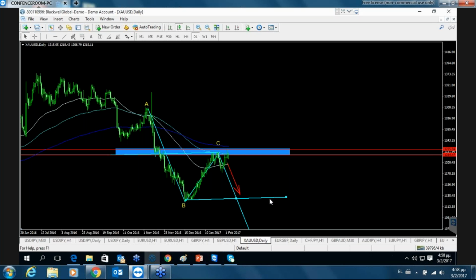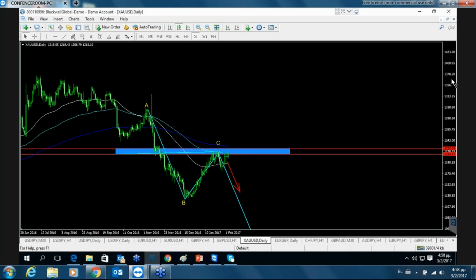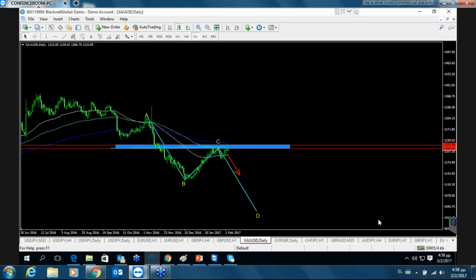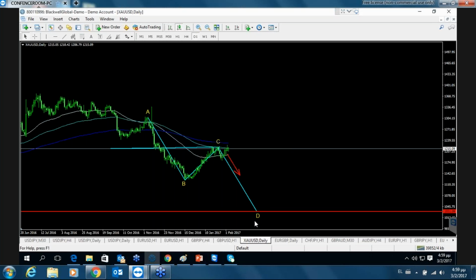You can then see that there is a potential C to D to the downside. This is based on the daily chart for gold. We started off with an A to B, completed, B to C completed, and then C to D just on its way down. So at this stage we've got an A, B, C, D. I'll take all that away so it's clearer for you guys. You've got a simple ABCD here potentially for gold on the daily chart, and then we're looking at a potential fall to the D point at